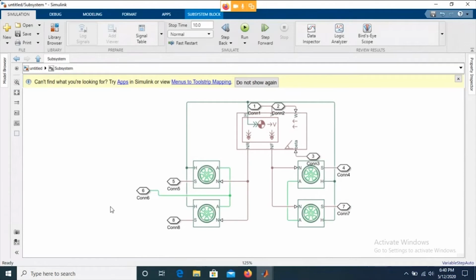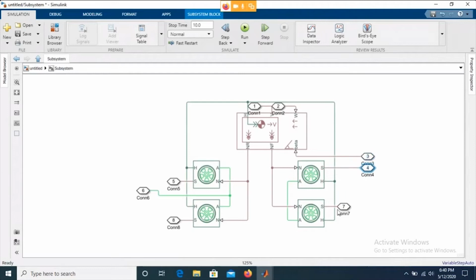Now, have you guys seen there are many connecting ports over here? There is a connecting port for S port, and there are many other S ports available over here. So if you are not interested in connecting this or using this, we can basically use a terminator block, or you can connect with a constant block over here.